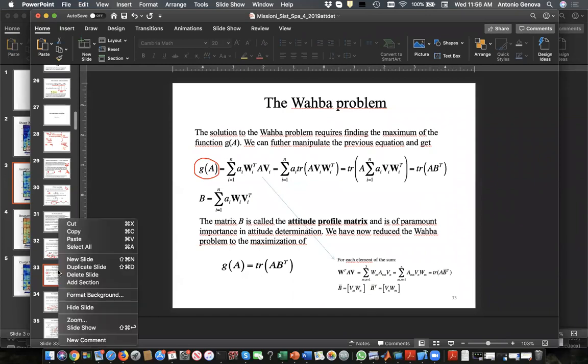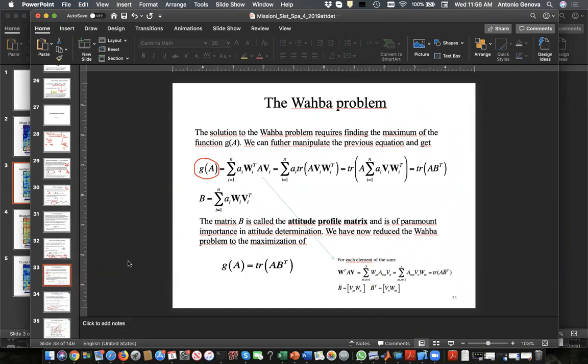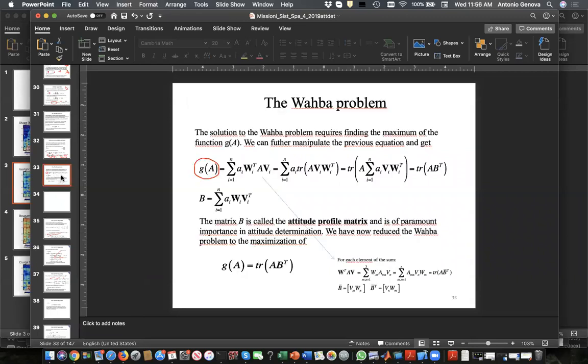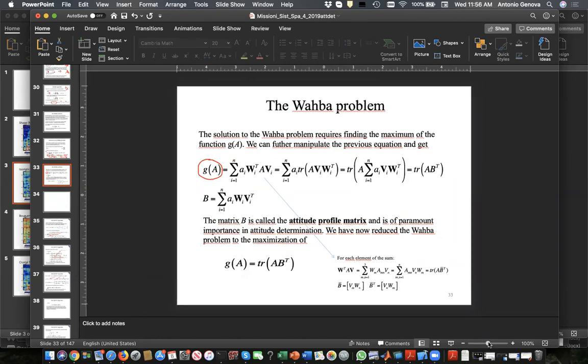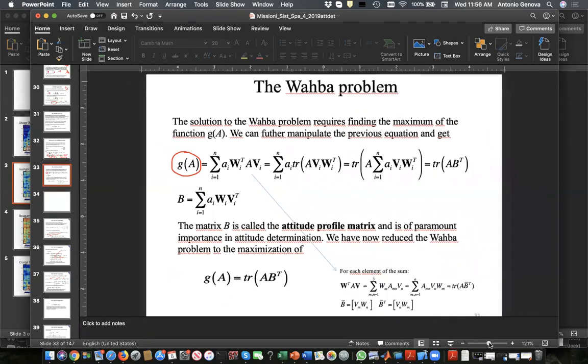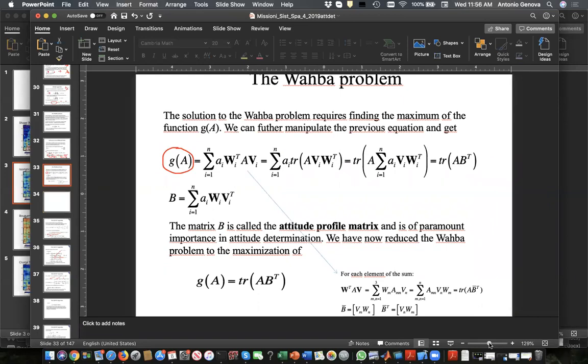Okay, so from here, new slide. So what we want to do is the maximization of GA. So what we need to do. Basically here it is explained briefly what you need to do, but just to give you a little bit